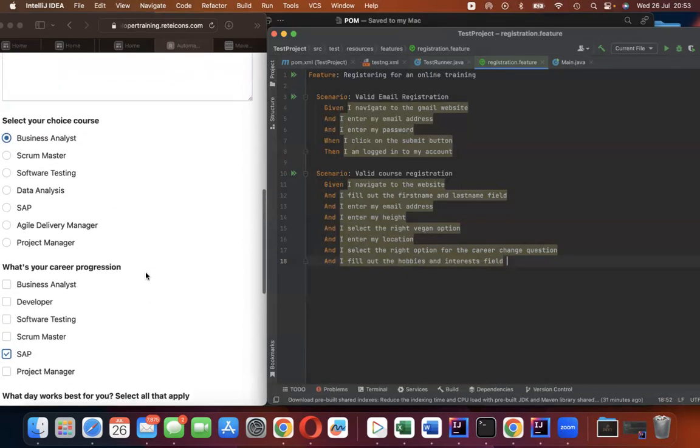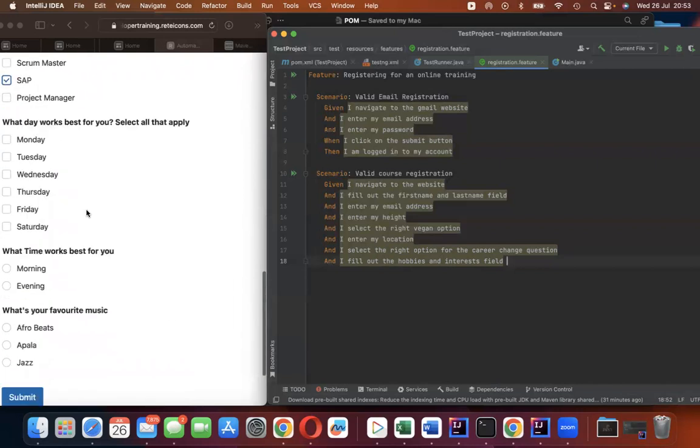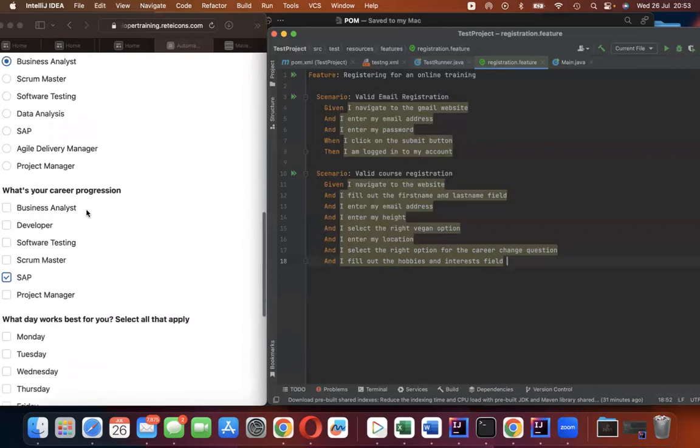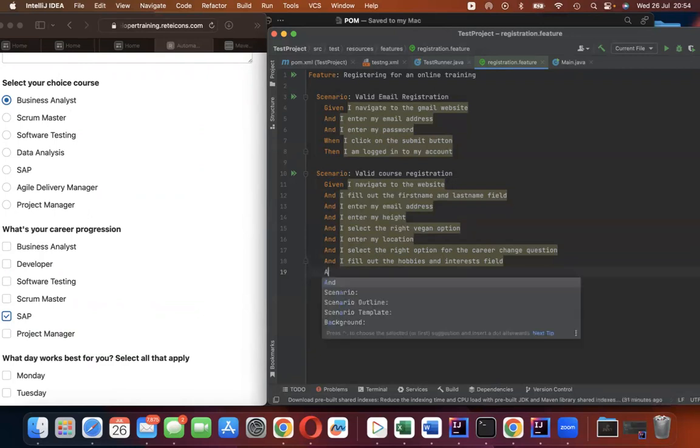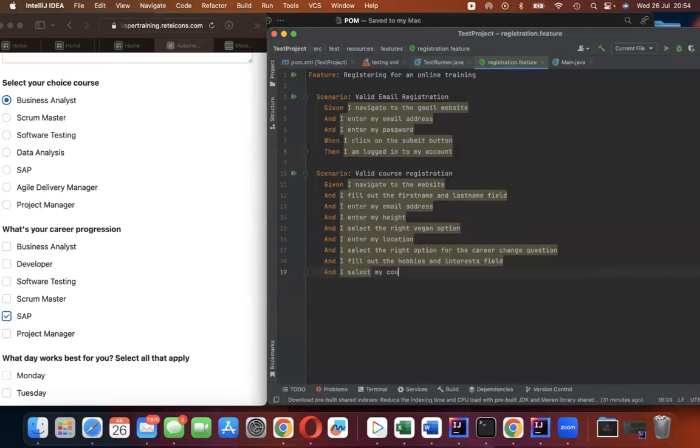So for this particular one, for this test scenario, I don't want to bore you, we really don't have much left. So I'm just going to quickly finish them off. We've got cost choice, cost choice,